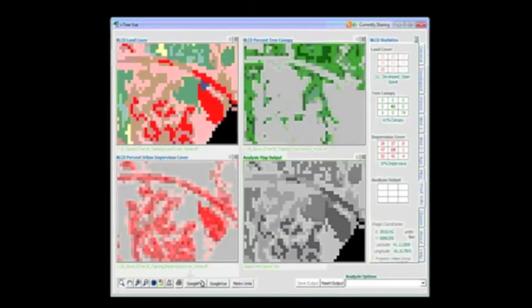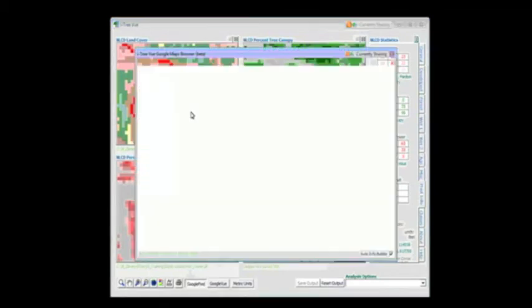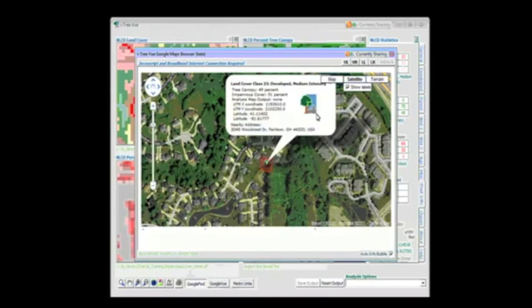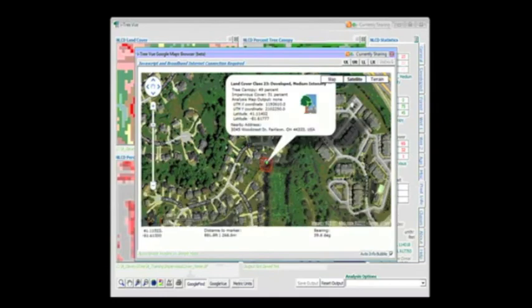In addition, we've added some additional mapping tools with version 4. One is called Google Find. I'm going to go ahead and click right there, which hopefully is my house. Yes. What it does is it launches kind of a mini web browser, lets you see that actual pixel right there in red,